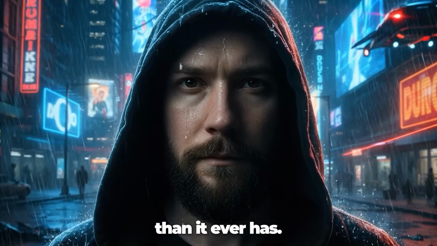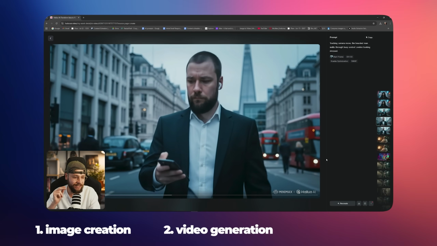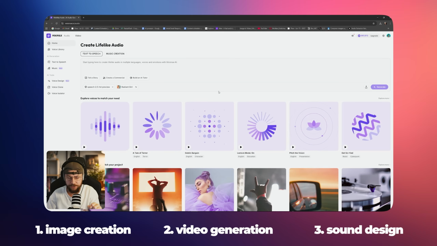The most powerful AI tools really do allow you to transport the viewer to any time or place you choose. And today we'll explore the Hailuo tool suite to create images, animate them, and add sound design using MiniMax audio. We'll cover the entire AI filmmaking process from start to finish to test out just how much we can achieve